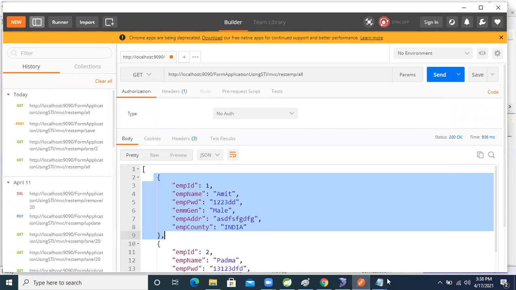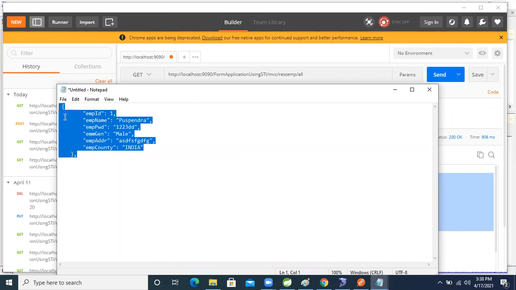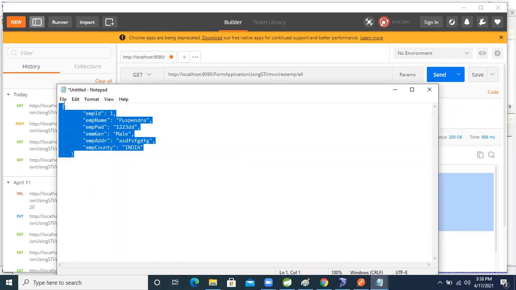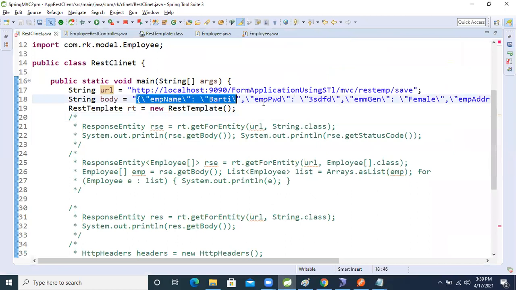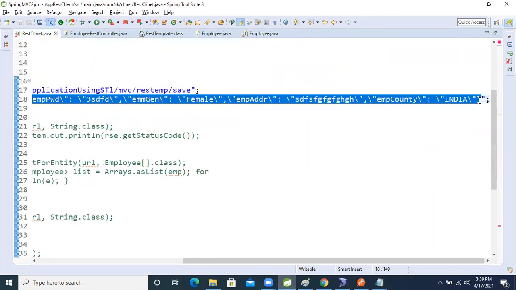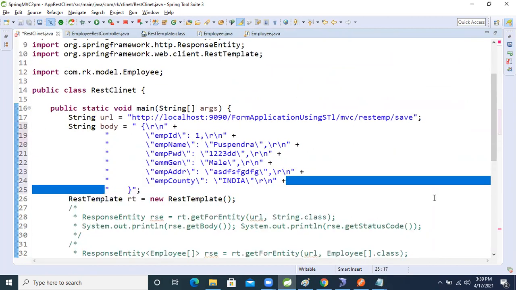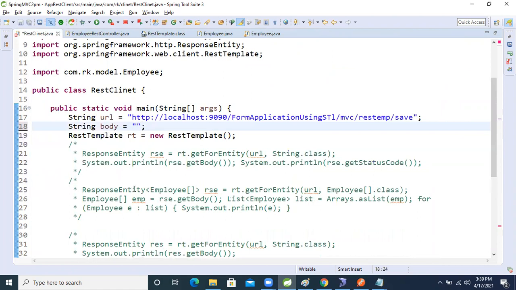Okay, so now this is our JSON data, right? Yeah, this is our JSON data. So now what we will do? Copy this data. Same like before, come here, come into the application, right? In the body, just remove this one and paste this one. Control Z. Why is this happening again? One minute, guys.